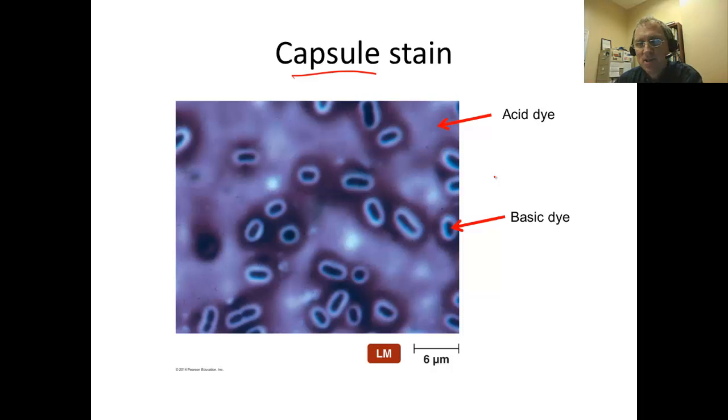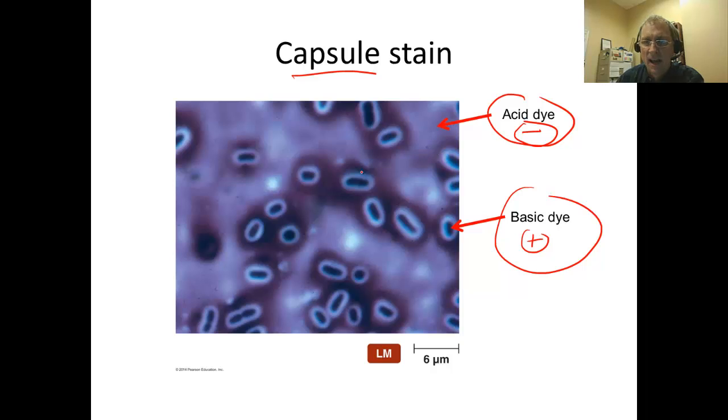The capsule stain is actually a very clever application of two different stains, two different chemicals. It's a combination of an acid dye, which we recall has a net negative charge, and a basic dye, which we recall has a net positive charge. We also recall that bacteria are typically going to have a net negative charge, so the basic dye binds to the bacterium and the acid dye is repelled away from the surface of the bacterium. So it's this mixture of a basic and an acid dye that stains the background. The acid dye stains the background, the basic dye stains the bacteria, and the capsule is this halo